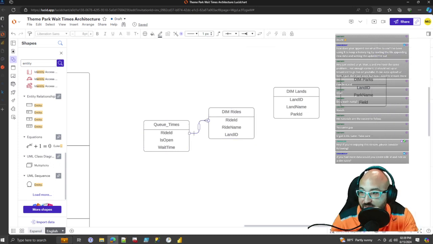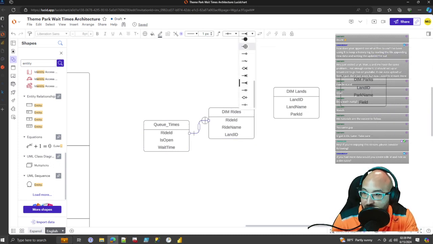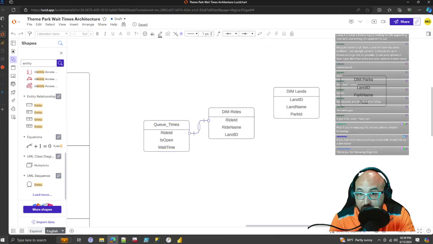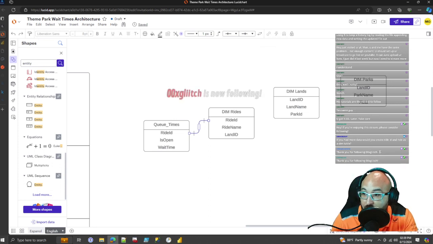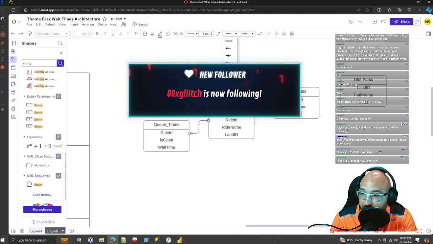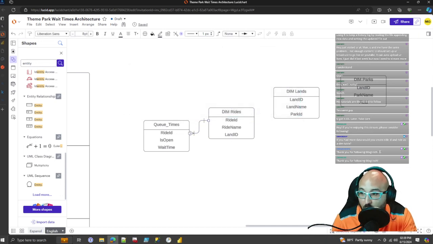So I have to change this out, right? I have to say one ride can have one queue time, 1-to-1. If it was historical, I would say one ride can have many queue times instead. Or I could even use the one or many. Each ride can have one or many queue times records. So let's see,